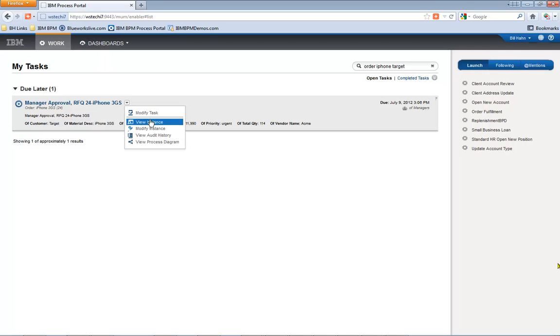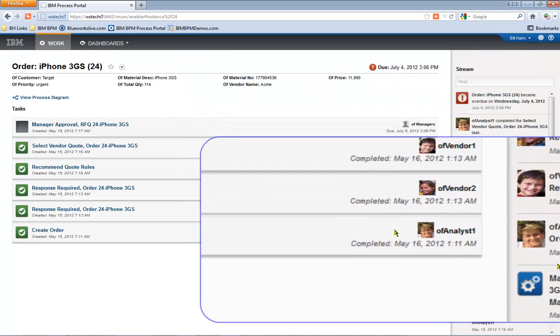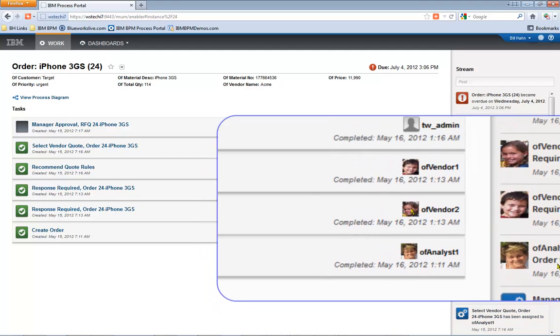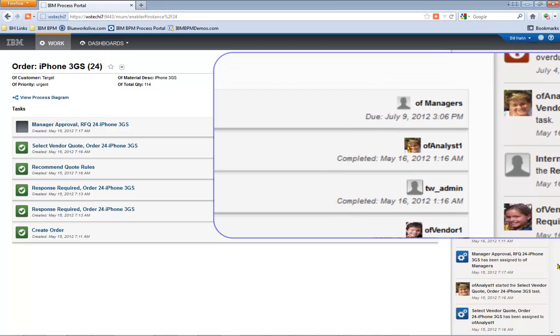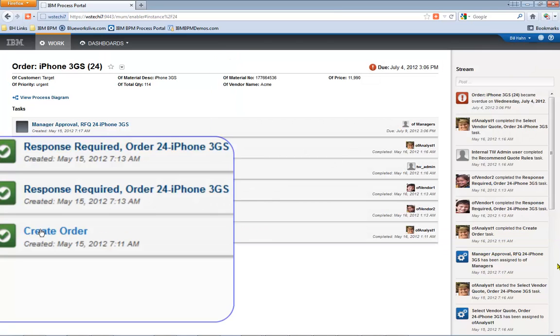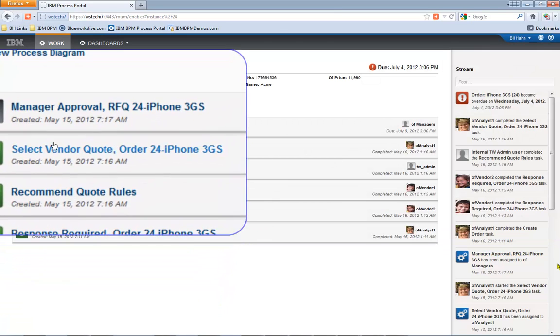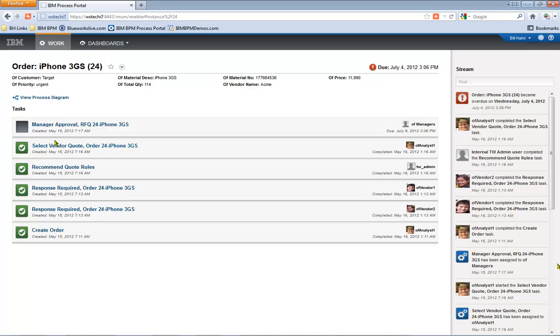We can do a number of things with activities. We can view the details. We can see who's worked on them thus far. We can see the picture of OF Analyst, Vendor 1 and Vendor 2. We can see the activities that were done, as well as the one at the top of the list that's awaiting